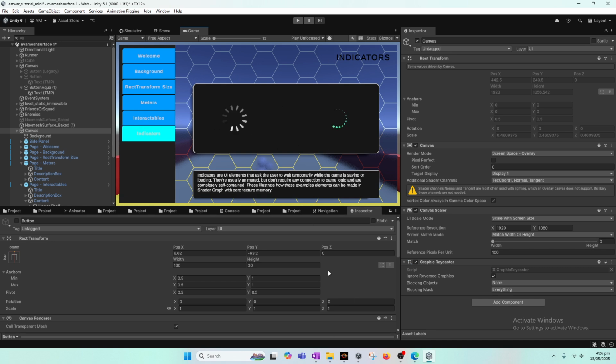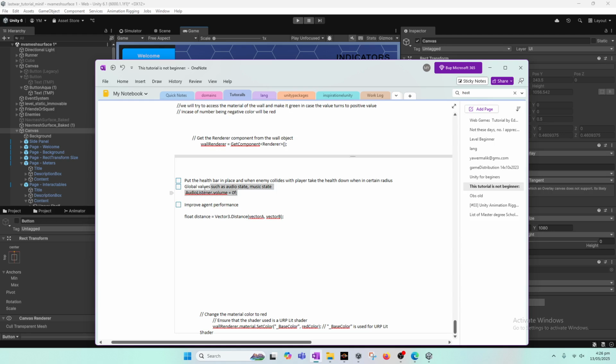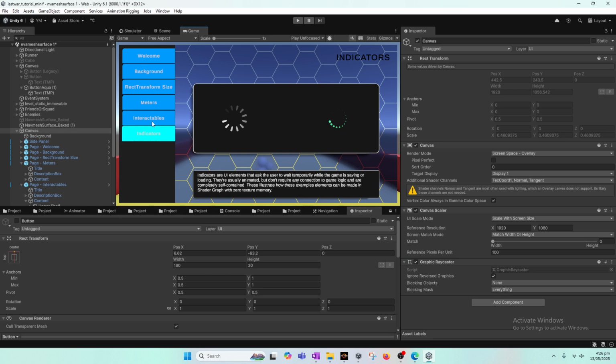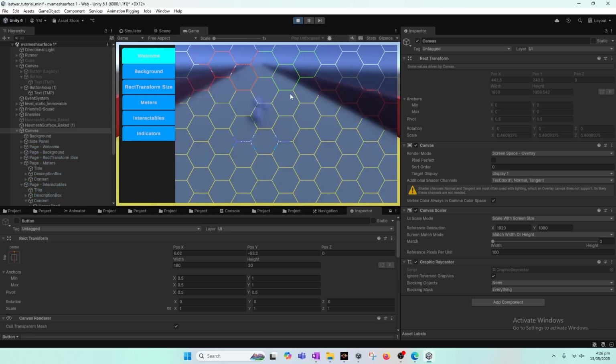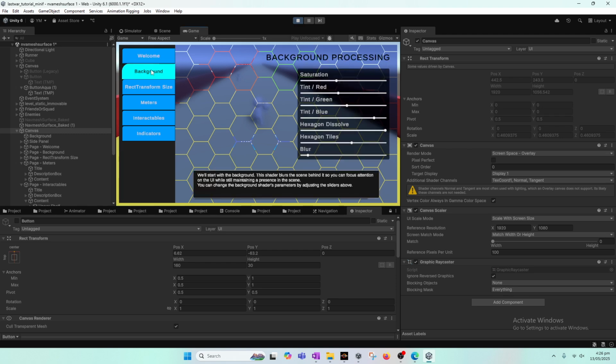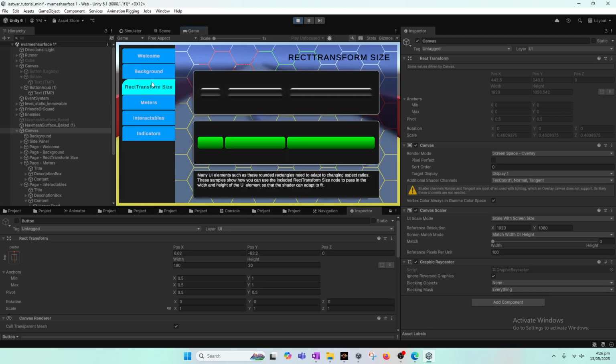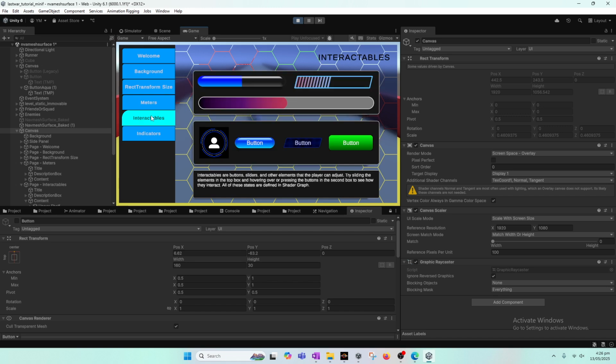we can also make use of global values such as audio state and music state, and we can make it interactable. So what this means is, if I play this game like this,